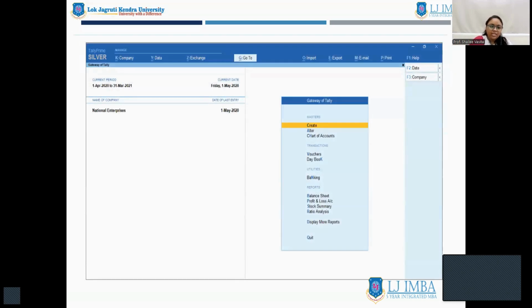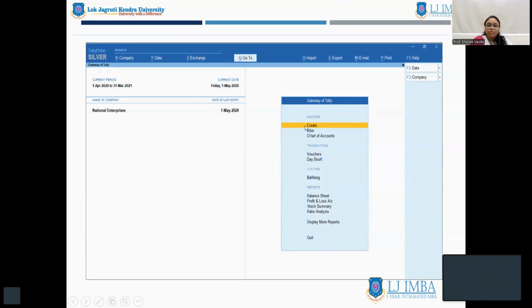Further, now you can see the screen which shows you the interface of Tally. Basically, this is the home page of Tally. As soon as you enter Tally, you will come across this interface. You can see there are different things displaying on the screen. On the right hand side, you can see this is the Gateway of Tally, from where the first thing is masters, second is transactions, then utilities, and ultimately last is a quit option which helps you to quit